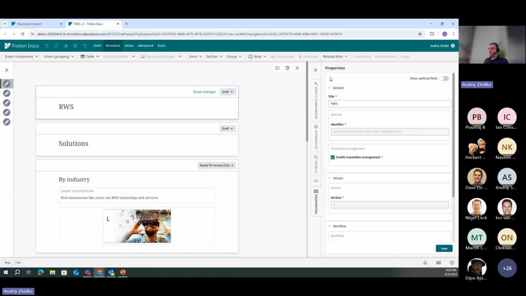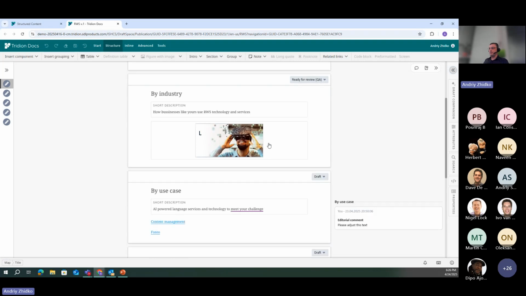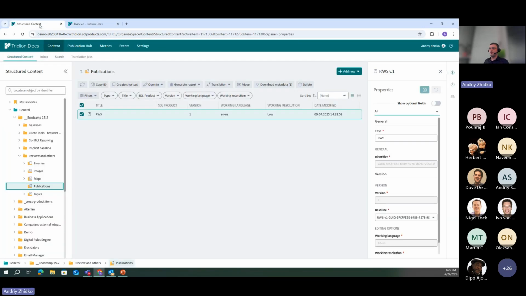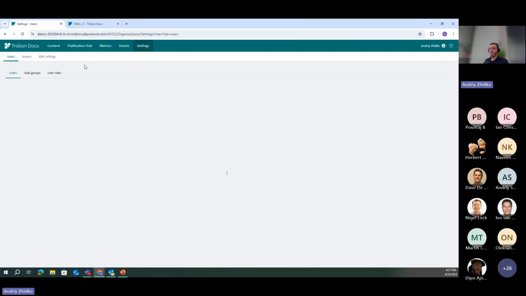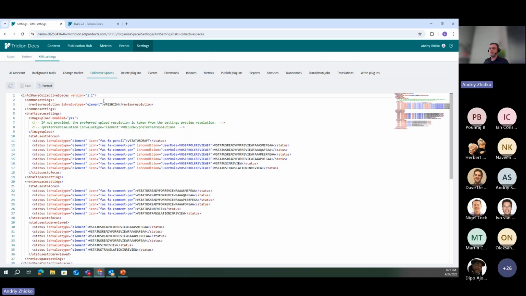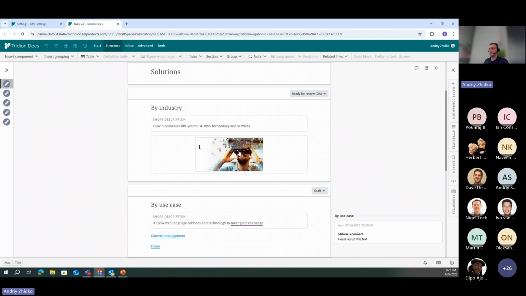Now let's take a look at the preview. As you can see, there is an image inserted with allowed image resolution, but we always preview images in review resolution, and review resolution is defined in XML settings, collective spaces area. So my review resolution is set to high. So let me